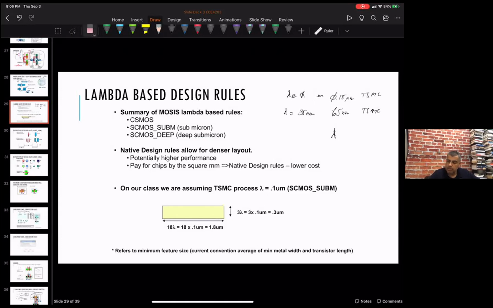I'm sorry, guys, this will probably be more like lambda is 100 nanometer. So this 0.18 is really 180, just to make it easier for you guys to look at. Okay, so now what they said is that, say if you want to draw a gate of